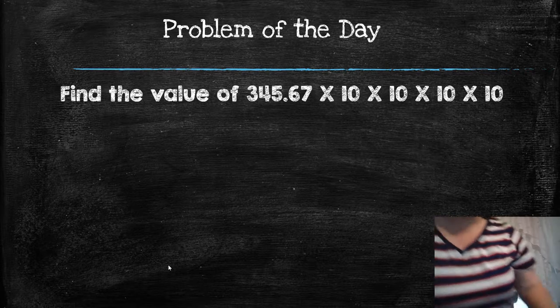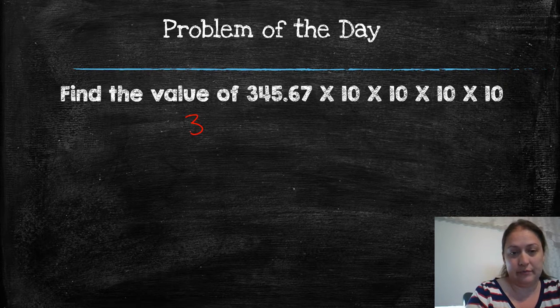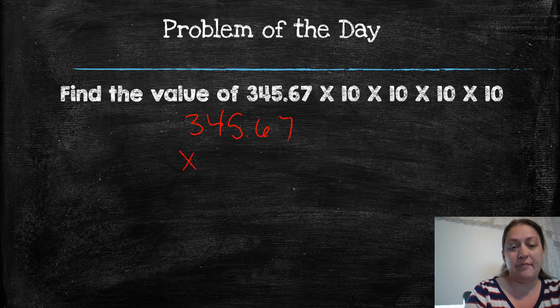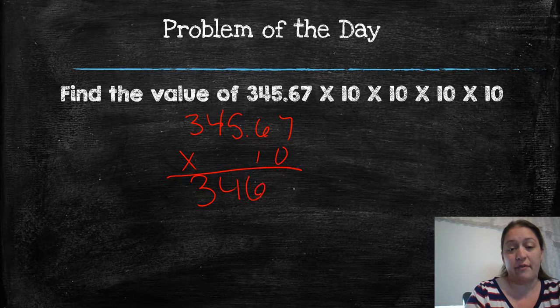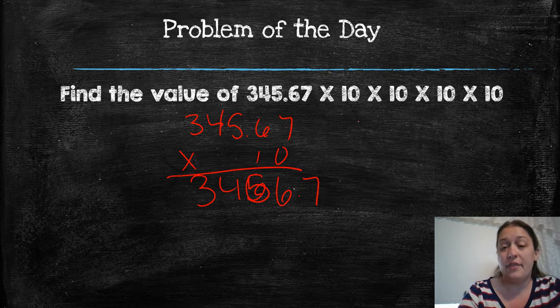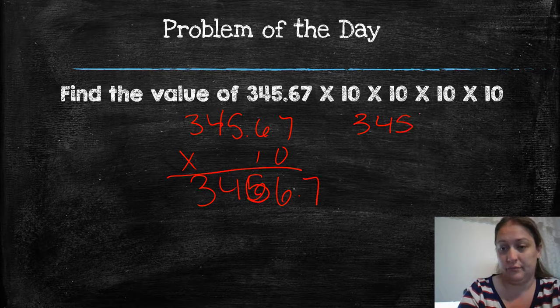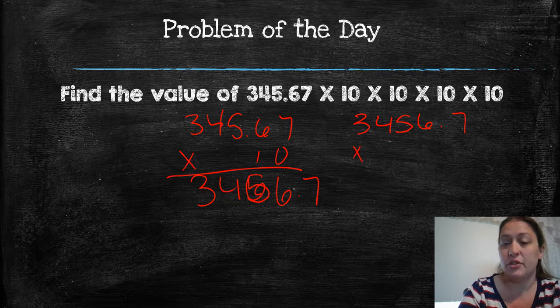If I multiply 345 and 67 hundredths times 10, I'm going to get 3,456 and 7/10. Then I'm going to take that number, multiply that by 10, and I'm going to wind up with